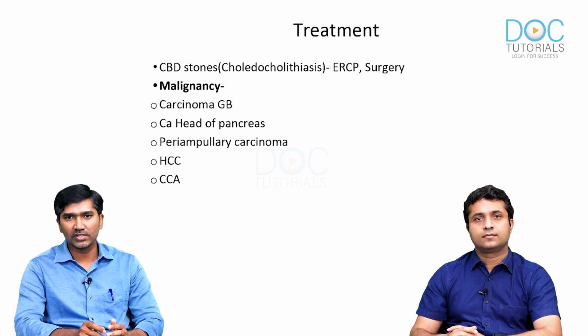Prior to doing all these surgeries, in cases of malignancy, the patient has to undergo staging laparoscopy. Staging laparoscopy is one where we put a scope inside the abdominal cavity and we look for metastasis, surface metastasis over the liver or in the peritoneal cavity. If the patient has metastatic lesions, then further definitive surgery is not advised. The procedure has to be abandoned.